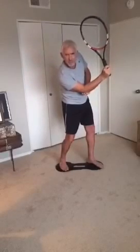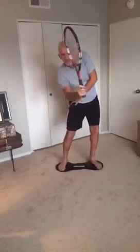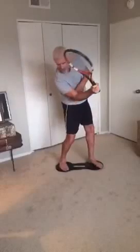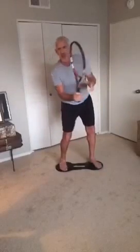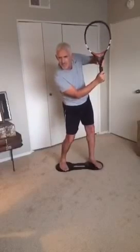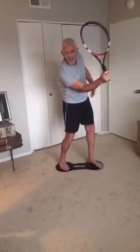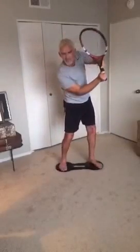You see how my elbow is facing the ground? And it's not that I dip my shoulder, but I suck my hips into this figure eight, right? So as I go into the figure eight, my shoulder naturally dips with this hip. And my racket head rises with the left hip. You see this? And then I continue. And because the elbow is now down and not back like everyone else does, because the elbow is down as the racket head rises,